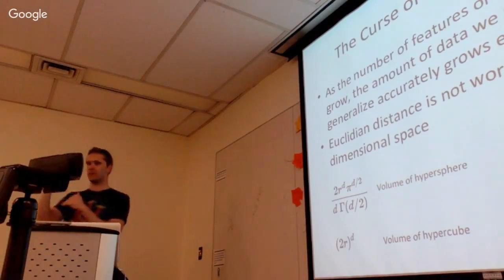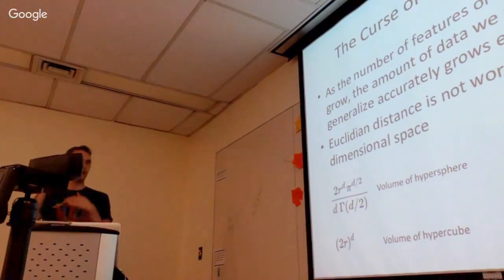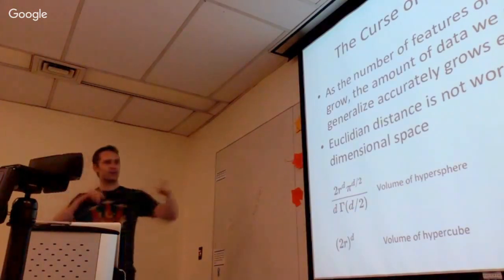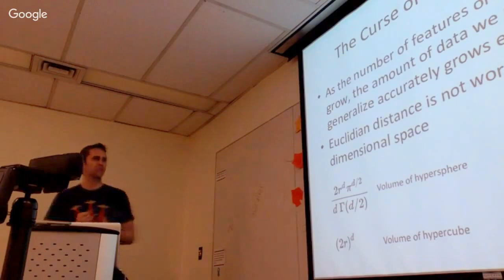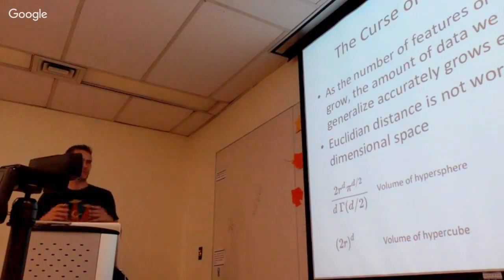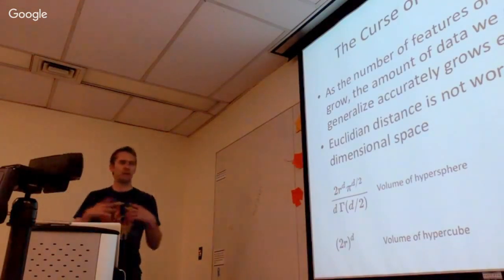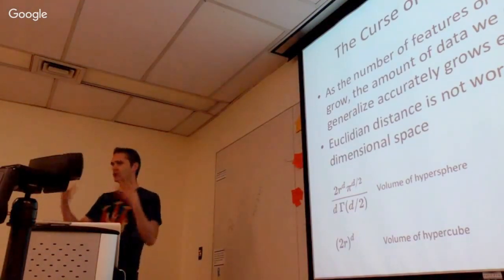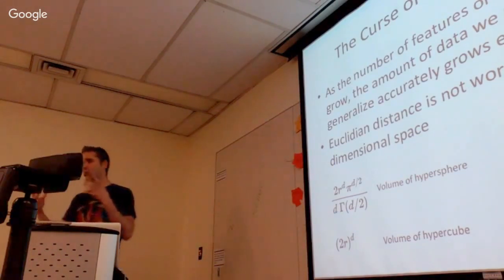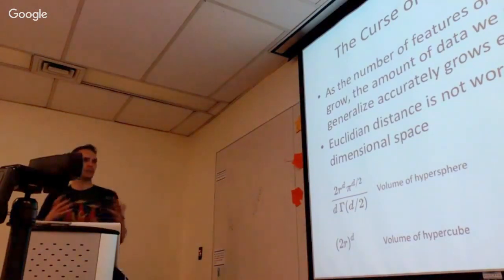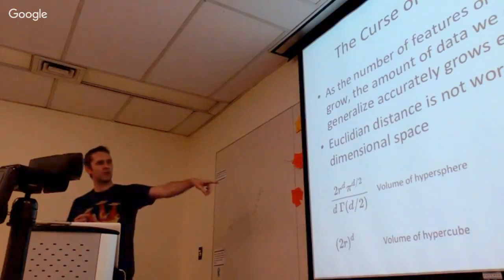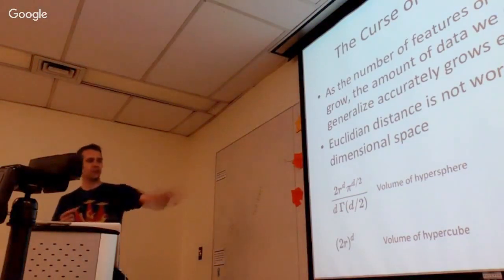It has a radius of r, which is half the length of the edge of the cube. The problem is the volume of a hypersphere. So this is for a 3-dimensional object, and you could have a 4-dimensional cube, a 5-dimensional cube. The volume of a hypersphere is given by this formula here. We have the gamma function, which is just